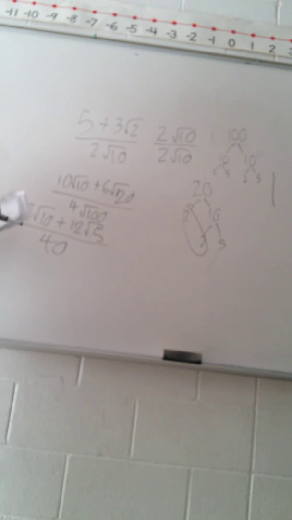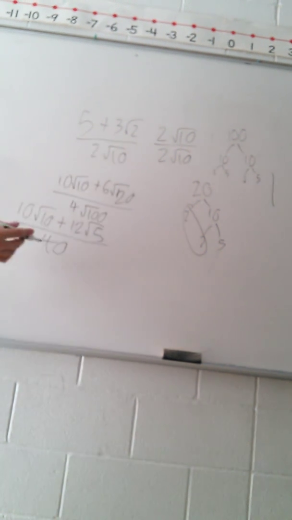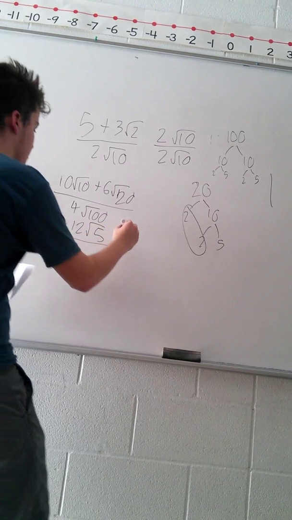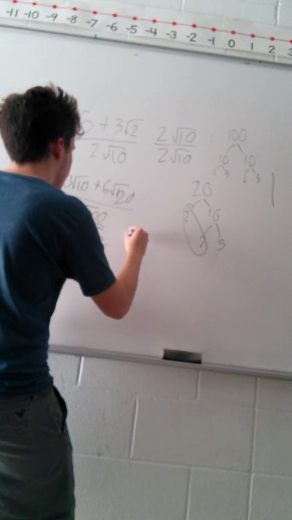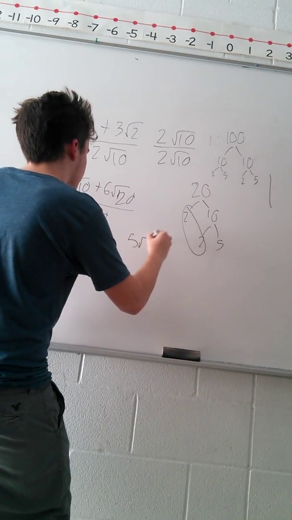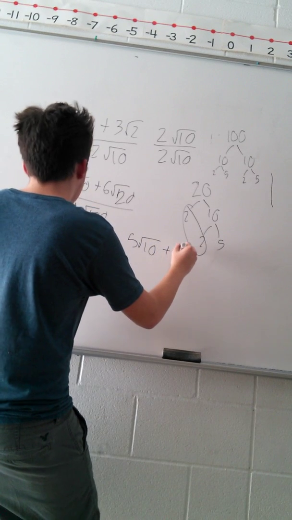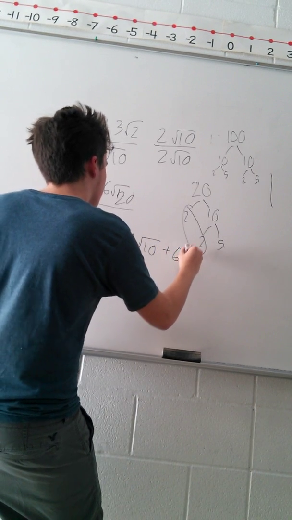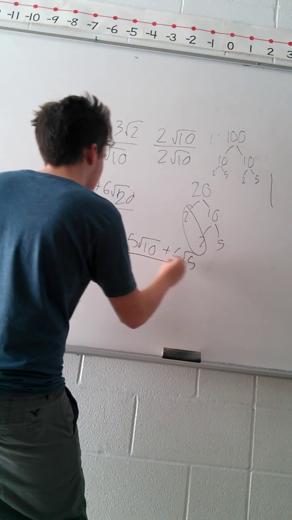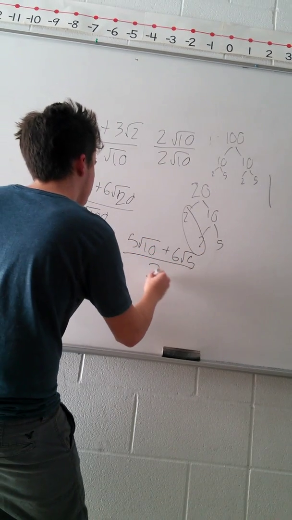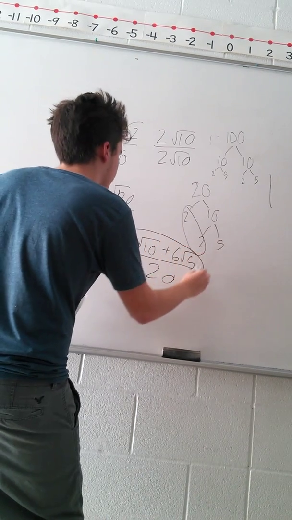We're not done yet, as the 10, the 12, and the 40 all divide by 2. So you divide 10 by 2, and that is 5. 12 turns into 6, 5, and 40 becomes 20, and right there should be